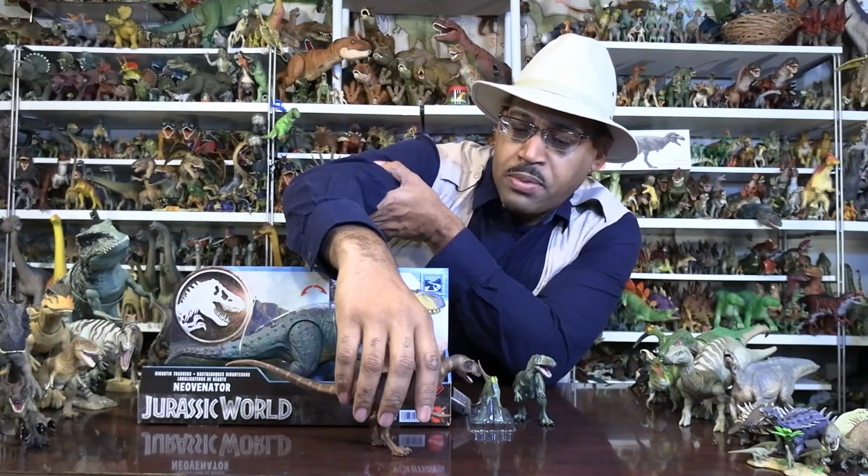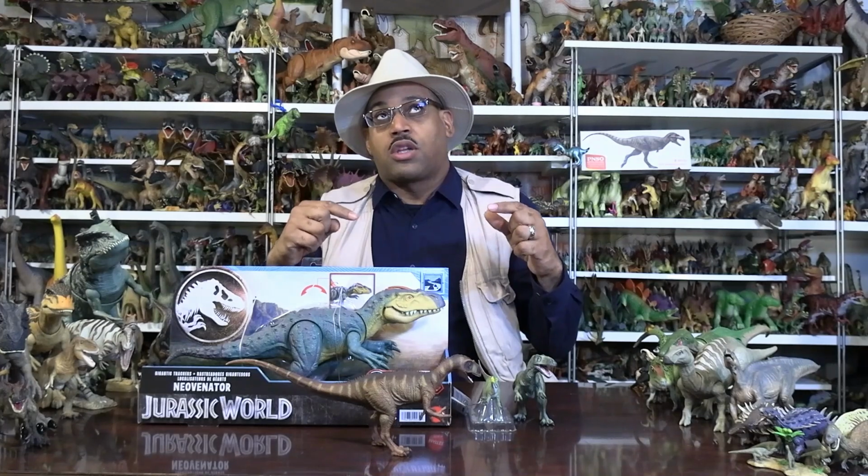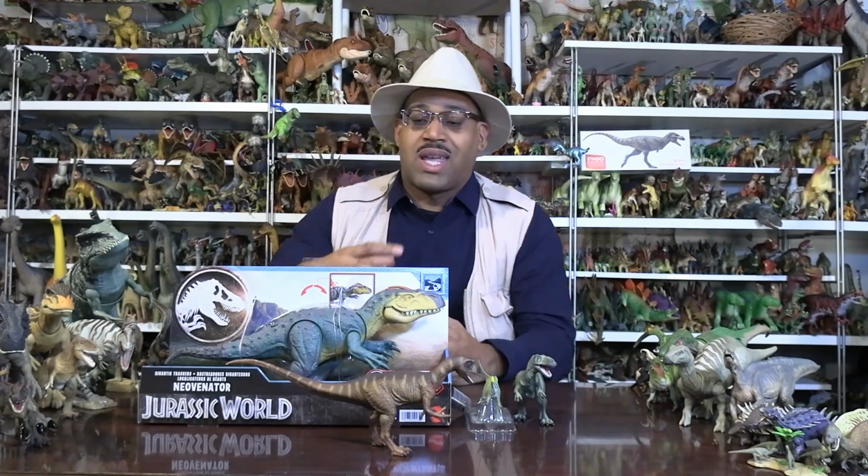Most of the papers, people who talk about this animal, mention how the nostril is taller than it is longer. And so the first assumption with that would be, oh, it has a really good sense of smell, right? And that's not to discredit that, but when we associate good smell, it has more to do with the brain than so much the actual features. What I'm saying is that when you scan a dinosaur, a theropod, predatory dinosaur skull,